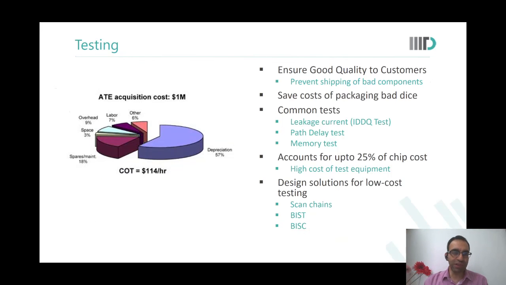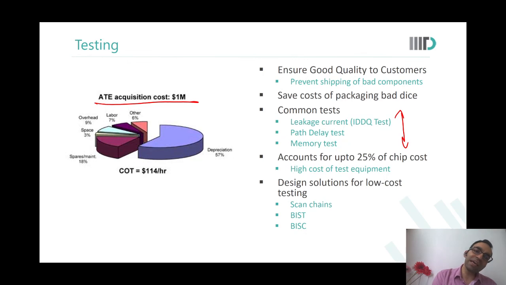So whatever we design, we have to test, and only good stuff, only good wafers and good dies need to be shipped to customers. So there are a range of tests that every die needs to go through. And a test equipment, just one machine could be $1 million. Today, machines are actually much costlier. Even $5 million and $10 million machines are there, because you have to test so many devices. You have to operate them at a higher frequency. So machines have also become costlier.